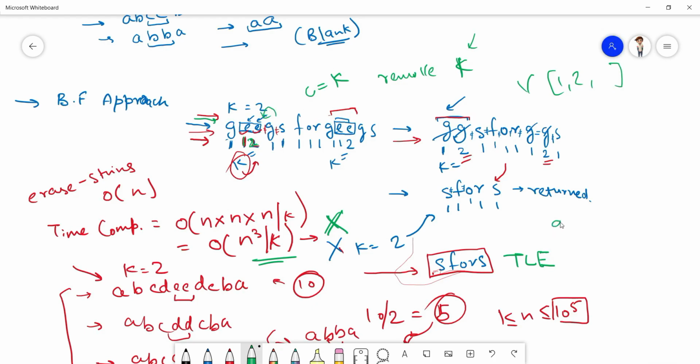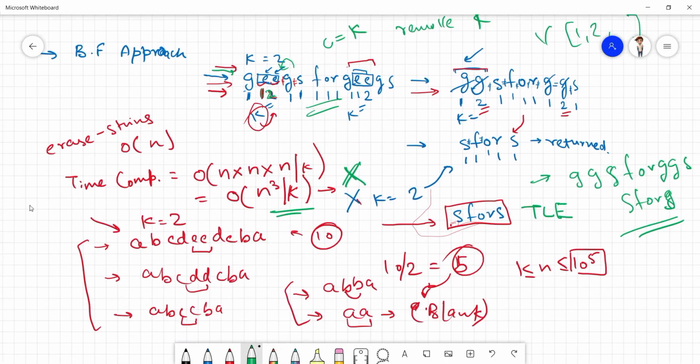Now we come over to GG S FOR GGS. After performing this part, we do the same thing again, and our final string comes out to be S for S, right? But there was a limitation.